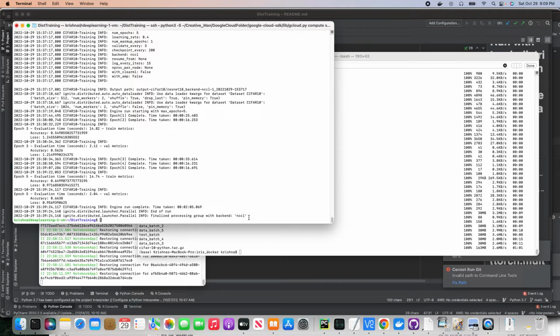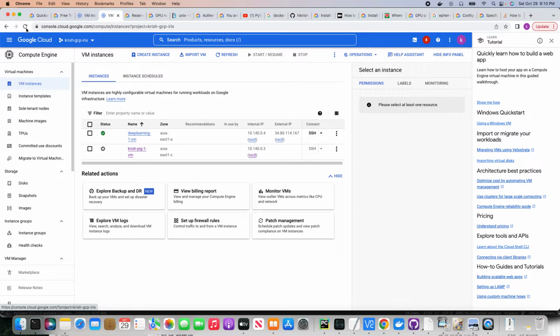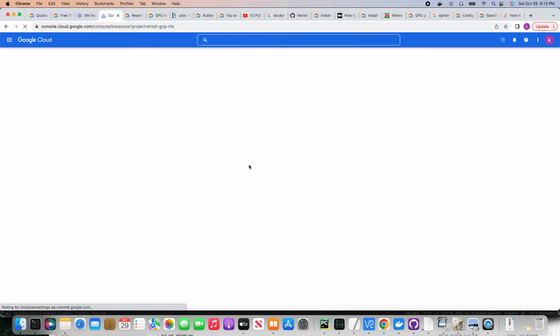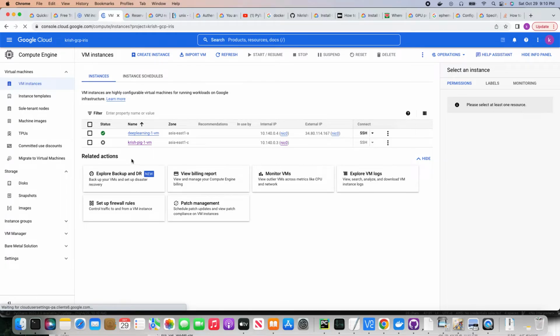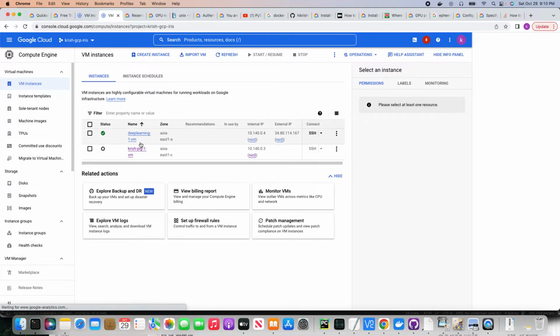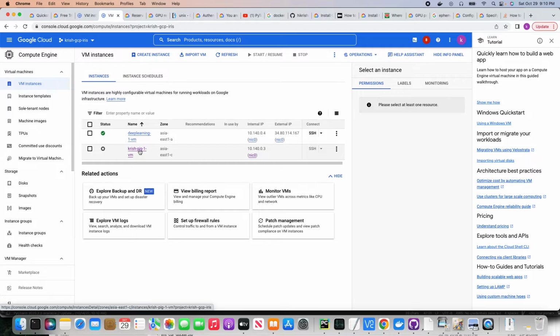So now we clearly see that this particular machine is running fast and it's able to train. And let's go back and see if our deep learning machine has a